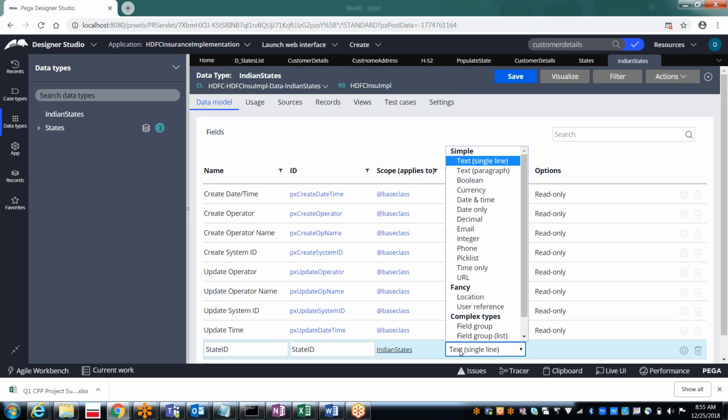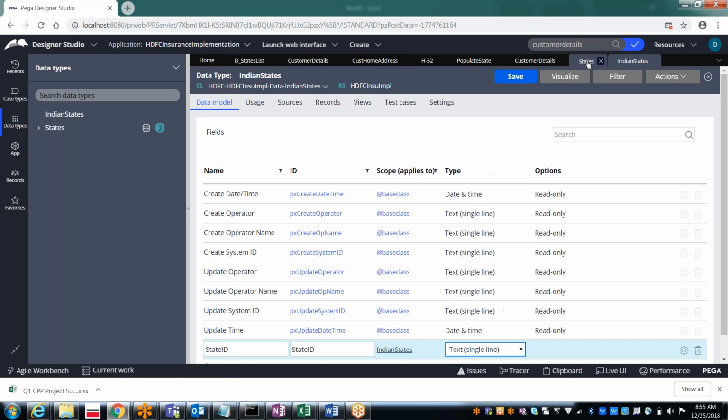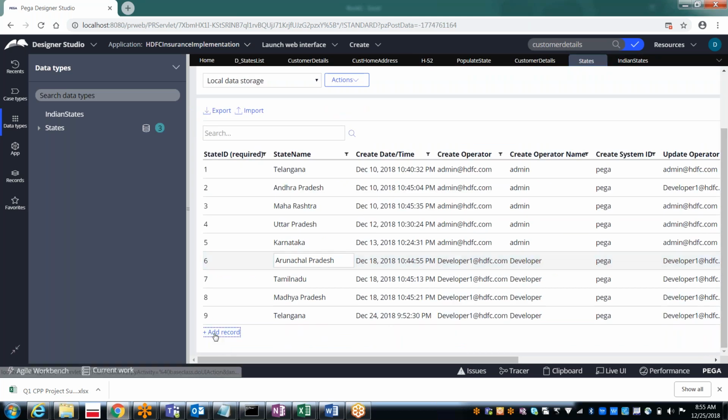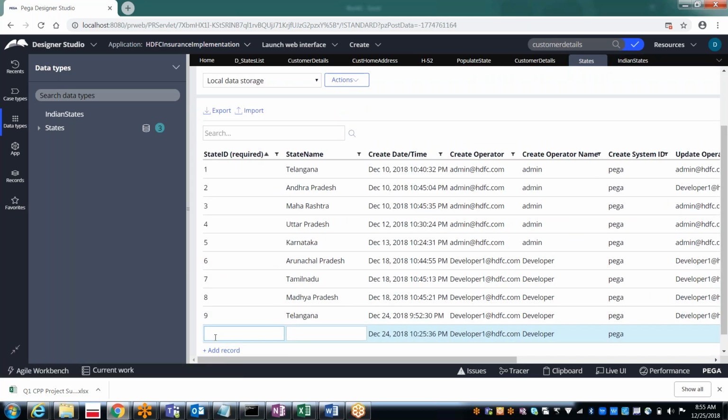Not integer, we are passing text, right? Exactly. Earlier we already created it with integer, so now we are not able to enter text in this. As it is an integer data type, we cannot give text, and we cannot even modify it.